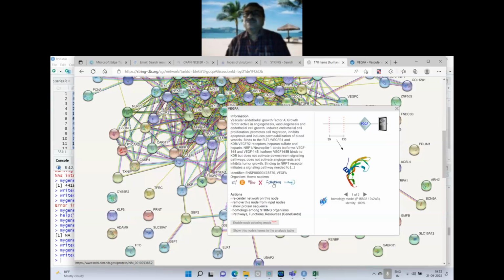And then this RefSeq, which happens to be NCBI database, to that also they have given link. So I can right click and open the link for the KEGG here. So the KEGG pathway has come